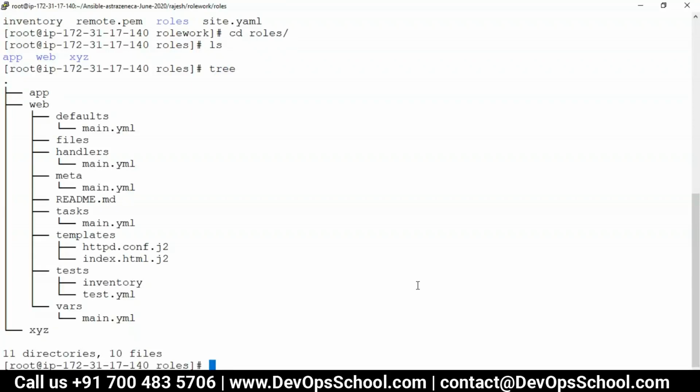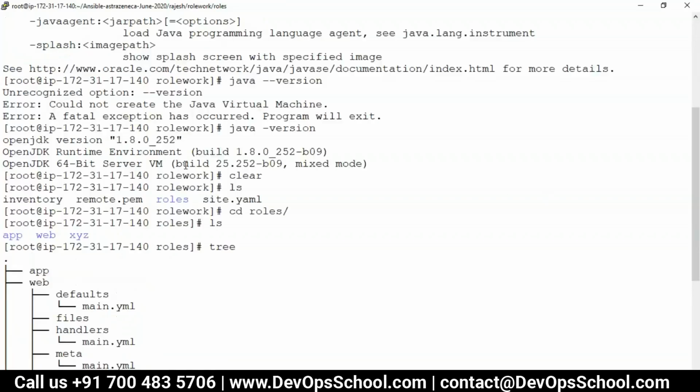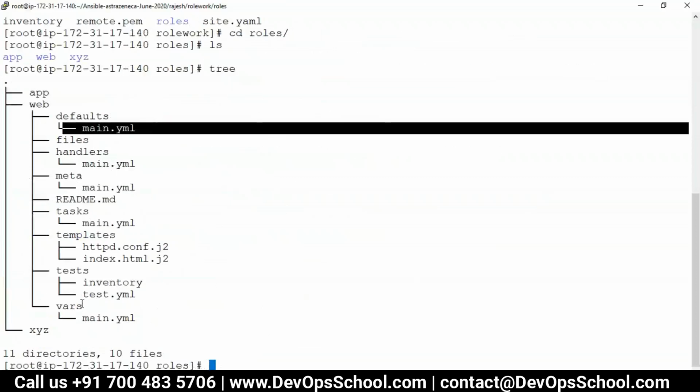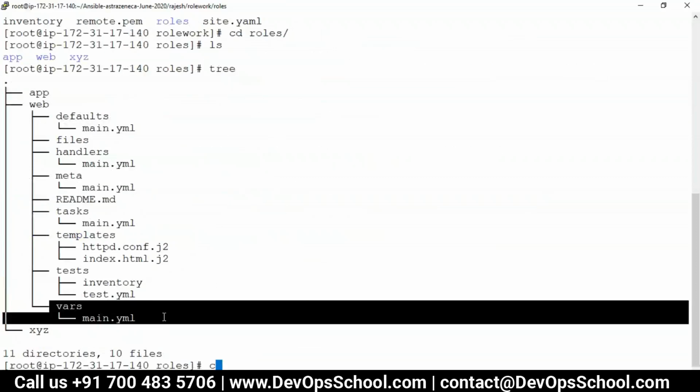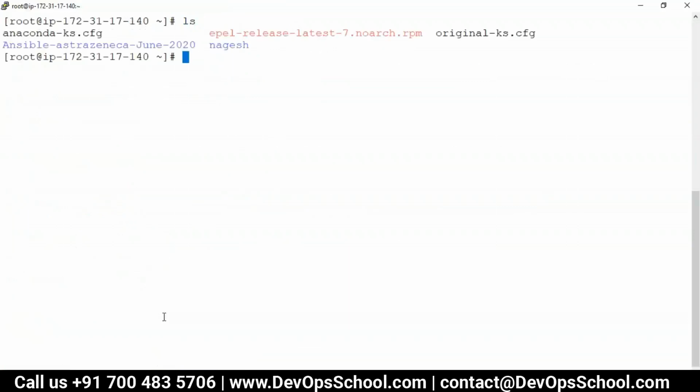In the variable we can give, or we can prompt for the version. Prompting is not a good practice, to be honest, with the roles. Prompting we just use at the playbook level, if you have one or two playbooks. But yes, you can embed it in the defaults or vars. You know those two directories I told you, where you can declare which version you want. So now let's go ahead and look at the role itself, the one which we downloaded.